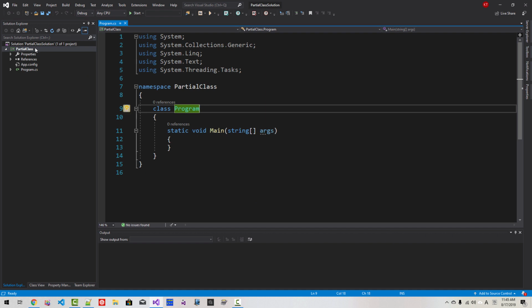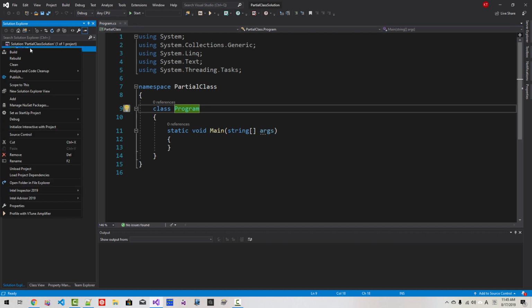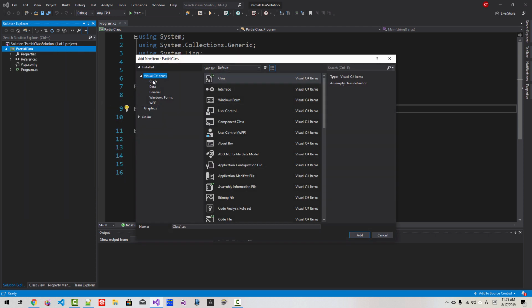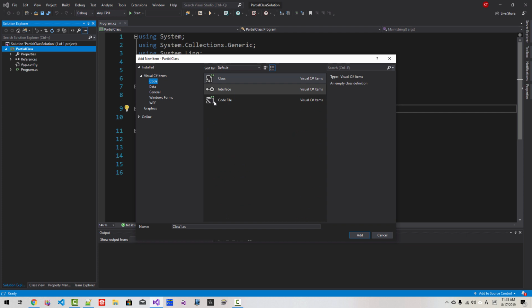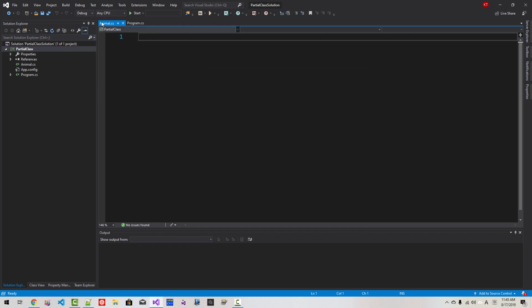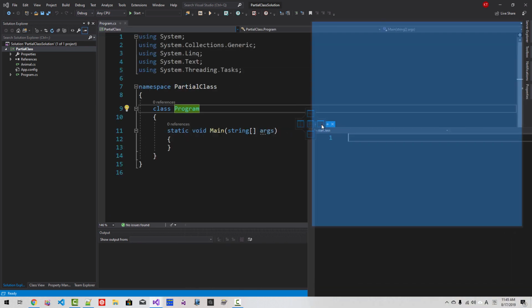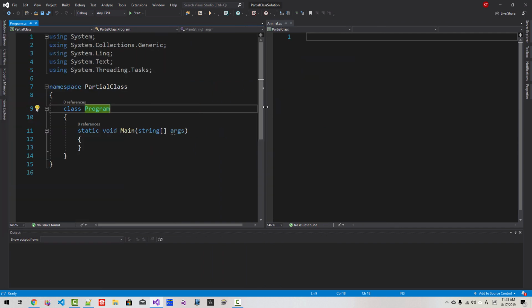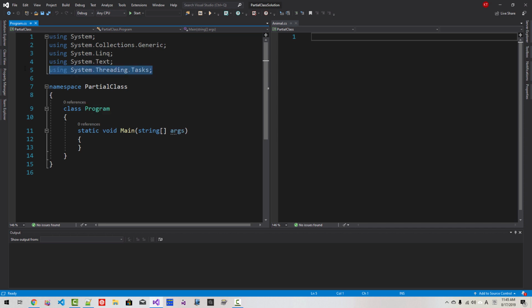In the Solution Explorer, right-click Partial Class Project, add New Item, select C# item, code file, change it to animal.cs. Click Add. You can drag like this. Now I will copy this part, paste it here,